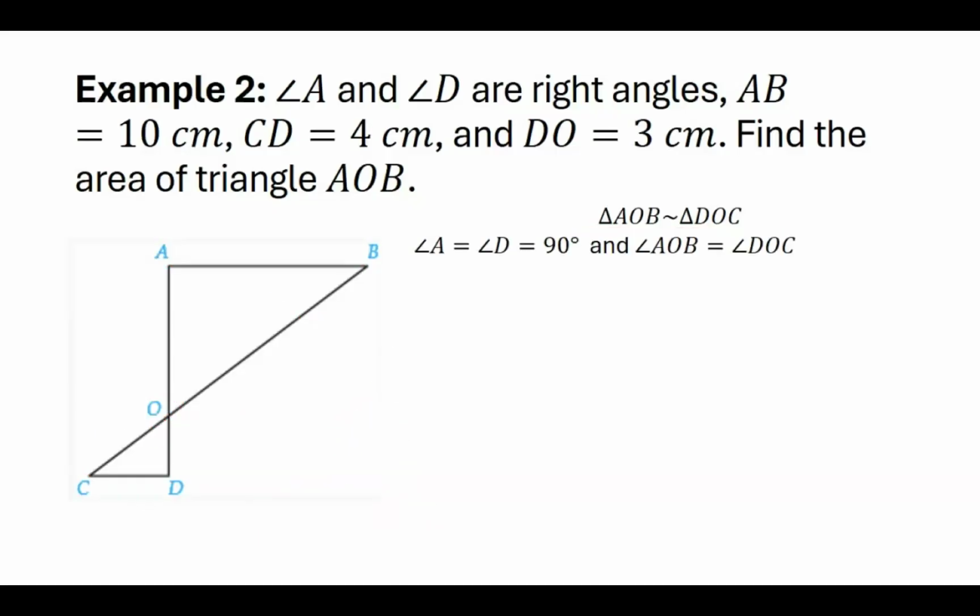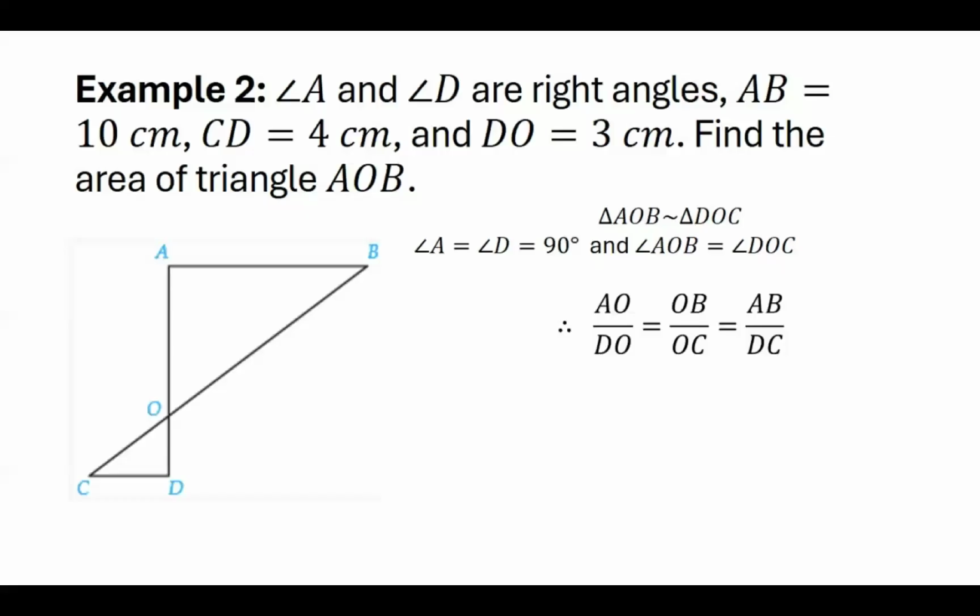Then we have these three fractions that are equal. And without looking at the triangle, you can just look at these letters. So if you divide AO, the first two letters on the larger one, by DO, the first two letters on the smaller one,